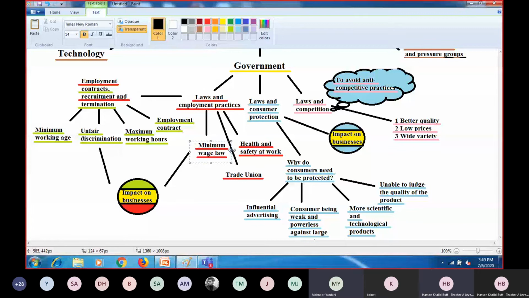Very good. Absolutely right. So minimum wage law means below it, you cannot hire a worker. So you have to give a certain wage. You can give wage higher than that, but not lower than that. Workers can be exploited and given lower salaries because there is no other option available for employment. That is why the law is there, so that even if the worker is very poor and not able to find jobs elsewhere, they will still get minimum wage so that they can meet their basic needs.